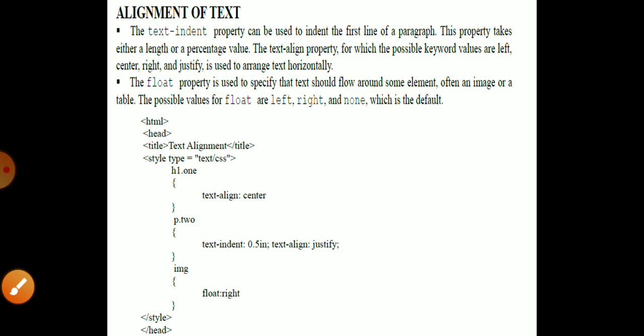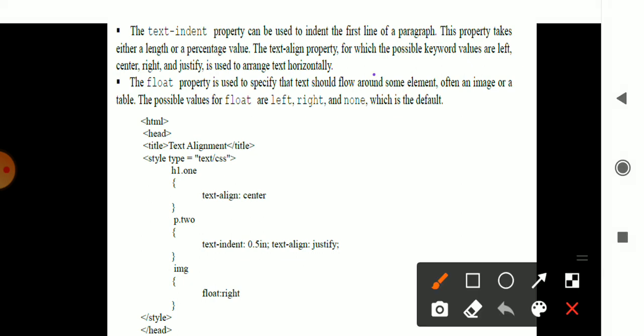Then you have to learn about the alignment of text. So already you know what alignment of text means. You have learned only about text alignment: left, right, justified, center, all those you had learned. But another concept is indent. You all know the indent concept. Indent is nothing but if I want to leave space on the left side, right side, top and bottom, then you use the concept of indents.